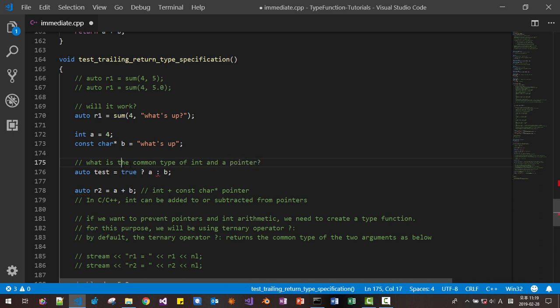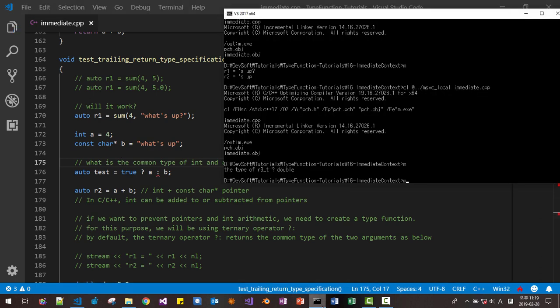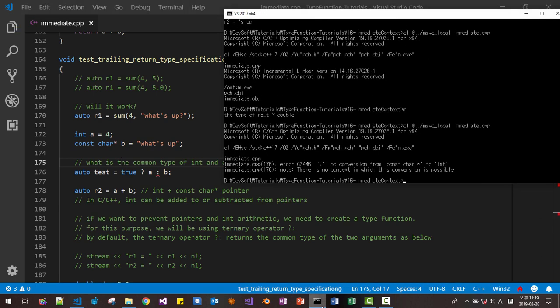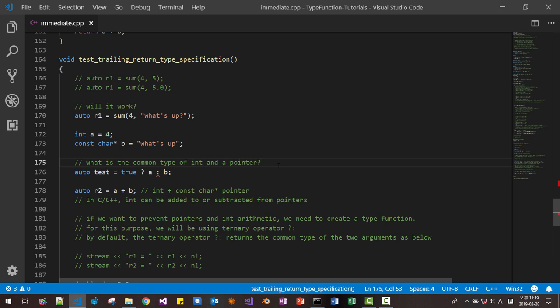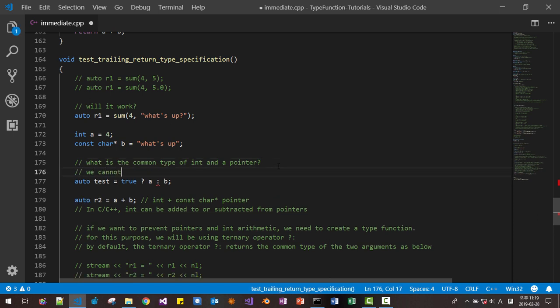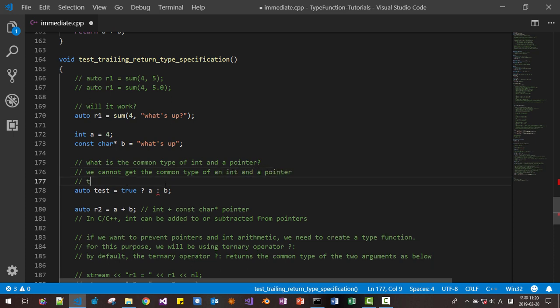Now let's try this code. It fails. Line 176, this line fails. We cannot get the common type of an int and a pointer. This feature turns out to be really useful.